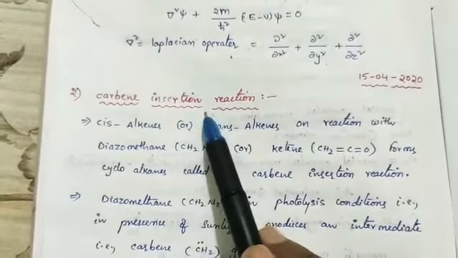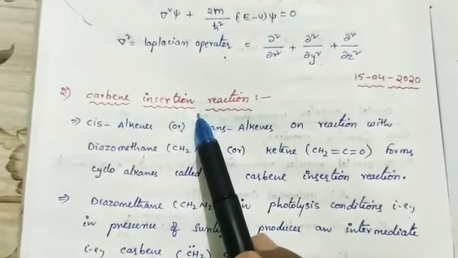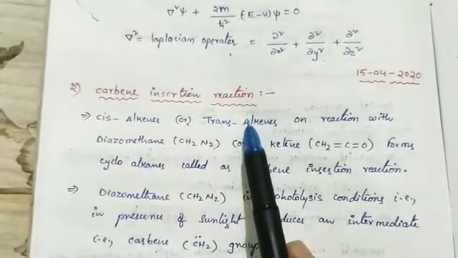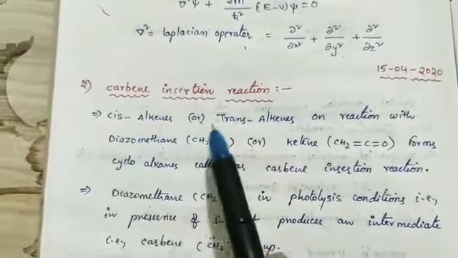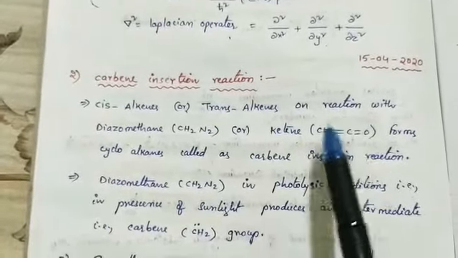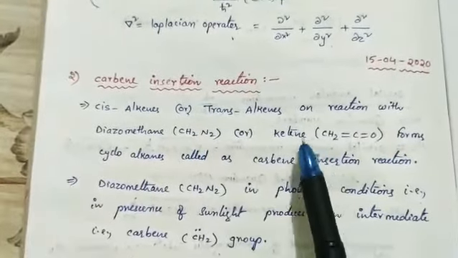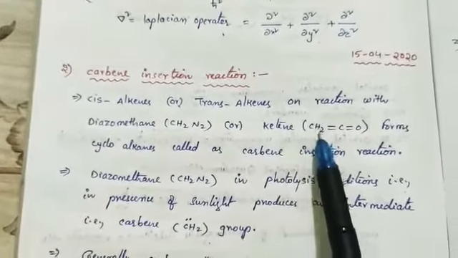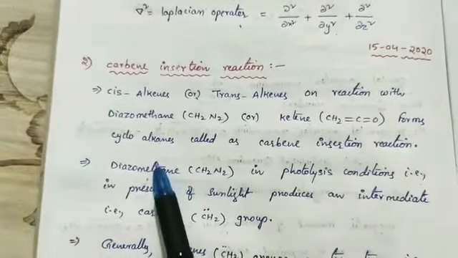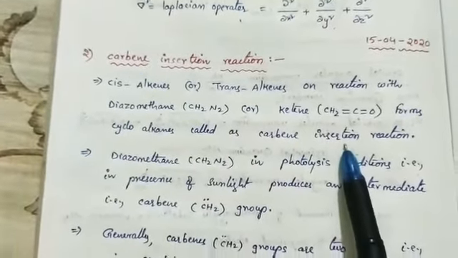Today we are going to discuss, in the preparation of the cycloalkanes, the second method, carbene insertion reaction. Generally the alkenes we know are of two types, cis and trans. The cis and trans alkenes, on reaction with diazomethane CH2N2 or an organic compound ketene CH2=C=O, form cycloalkanes by inserting the carbene. So these reactions are called